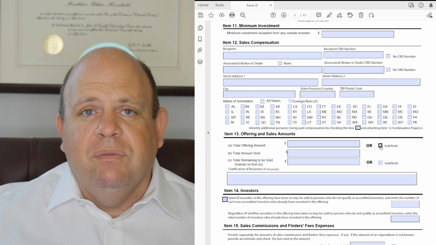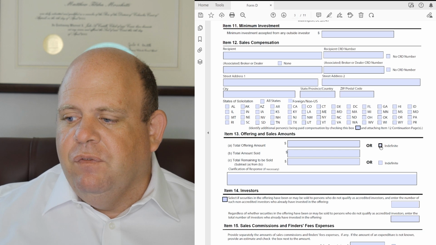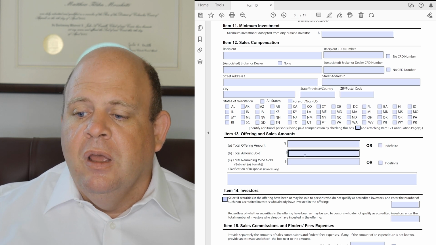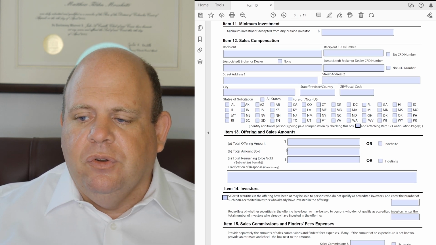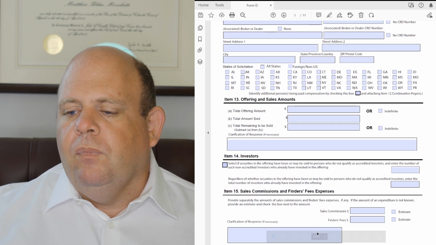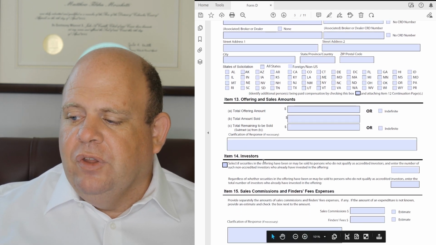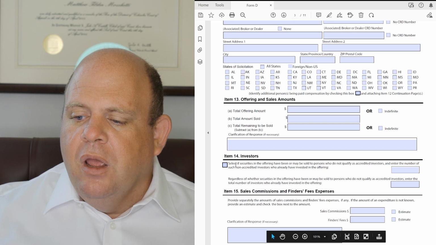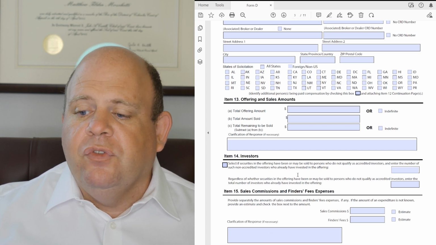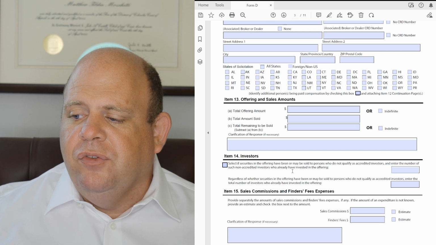Now, you can have this be indefinite, and if it is indefinite, you would just choose this amount of indefinite, but line B still will have an entry. You'll still have a dollar amount there. Investor section. So this is looking for the number of, in the first line, is looking for if it's possible